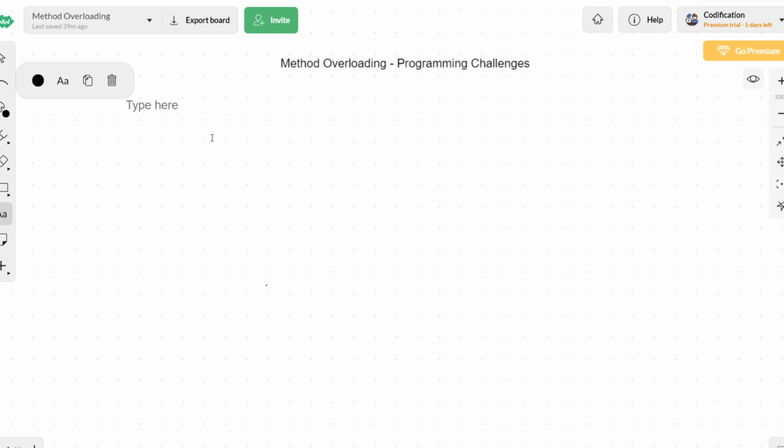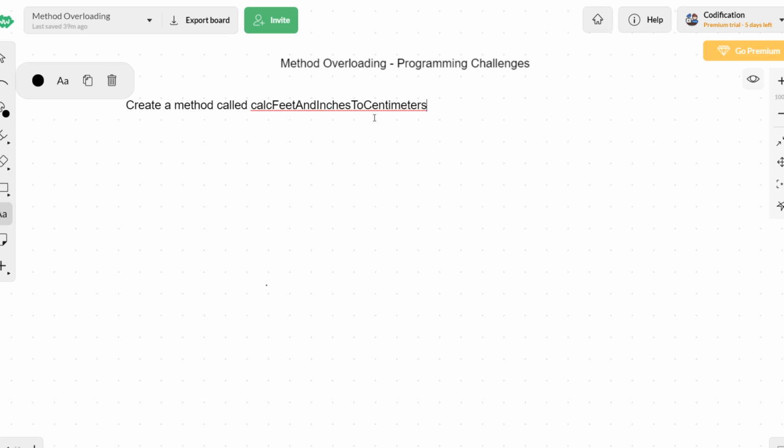So the task is, first of all, we have to create a method. The name of the method is going to be calculate feet and inches to centimeters.